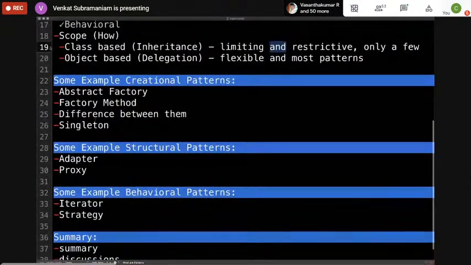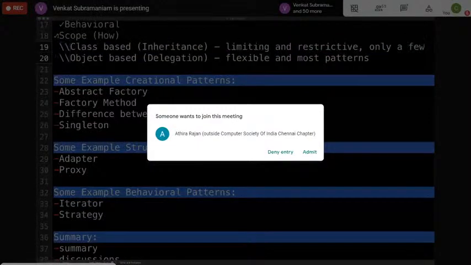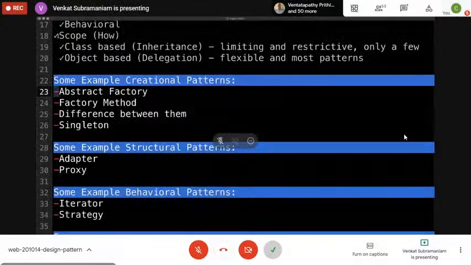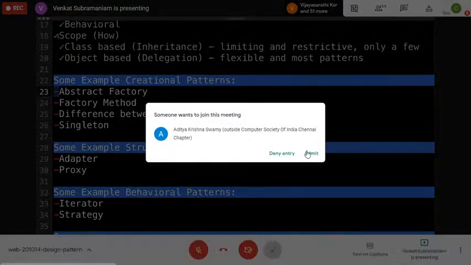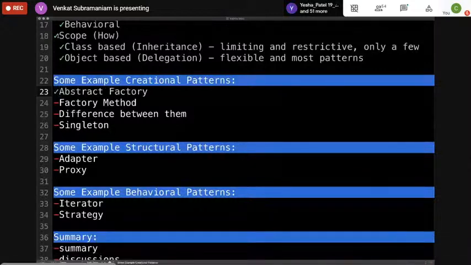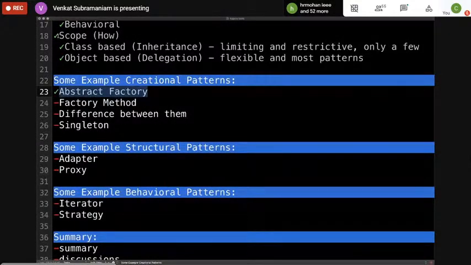Well, enough of that talking. Now let's jump in and take a look at some of these patterns that we could potentially use in our common everyday tasks. I'm going to talk about a few different creational patterns. The first pattern I want to talk about is the abstract factory pattern. Then I'll talk about factory method. But then I will talk about how you know which one you are using really, and show the difference between them. So what is really an abstract factory?